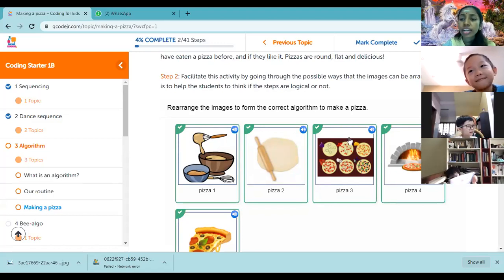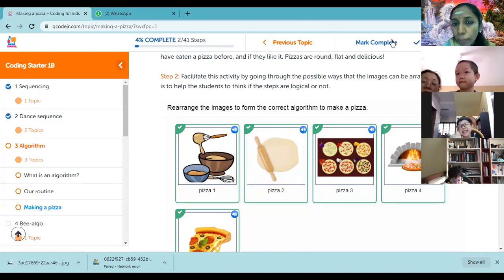Right, so children, you can try this at home with mommy or daddy. Okay, you can always